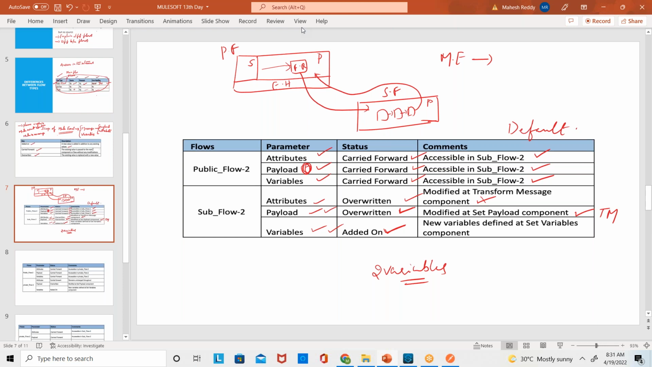See here how it will be modified or overwritten with the help of transform message, and how the payload can be changed with the help of set payload or transform message. Obviously, when you do set variable, a new variable will be generated, and we can do that exactly. Okay, fine. Now,